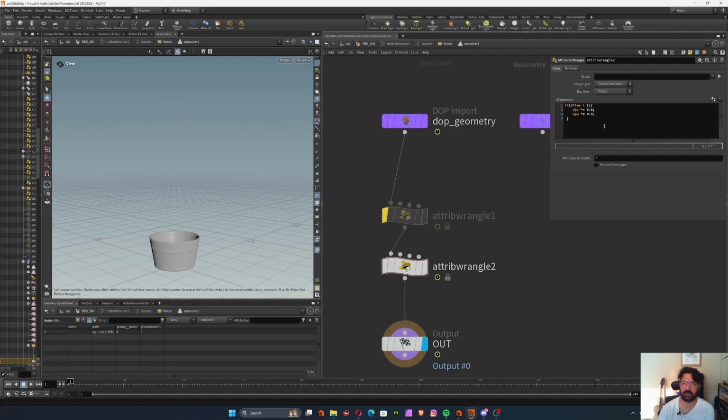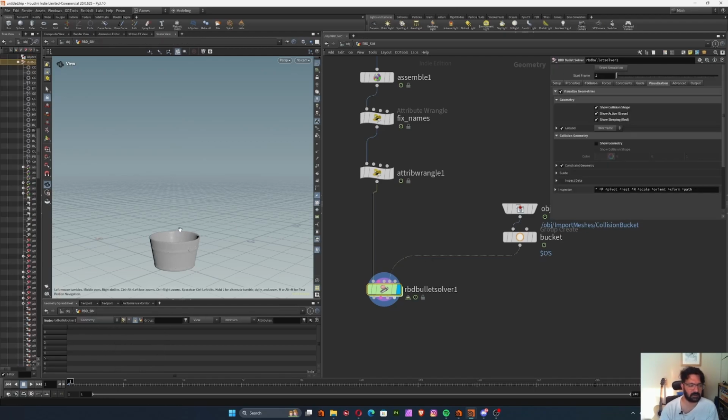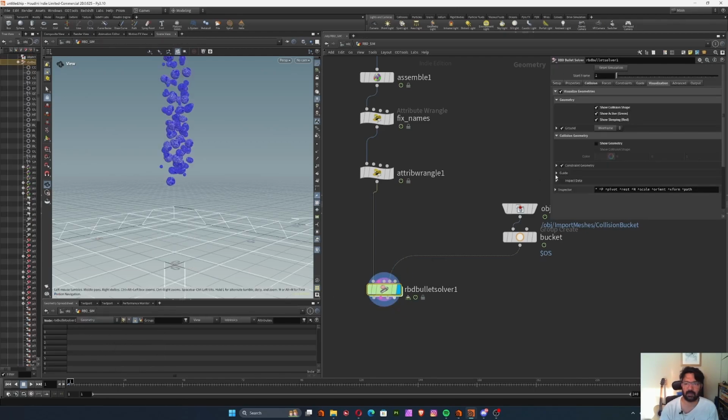What we've set up here is that after a certain number of frames, it will start slowing down. Because time is in seconds, and my scene is set to 24 frames a second, around 24 frames it will start slowing down. So let's see what that does. That might stop them from entering the bucket altogether,